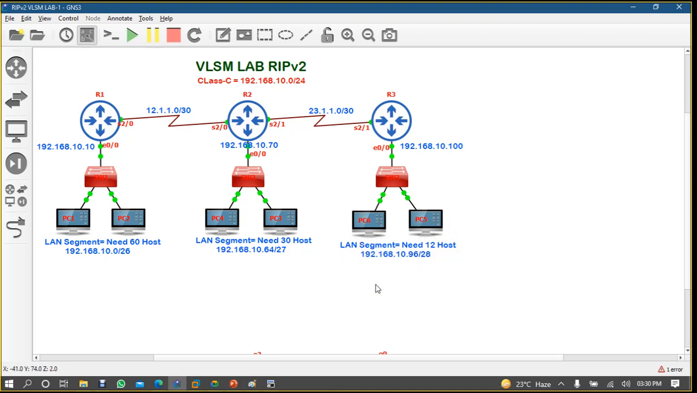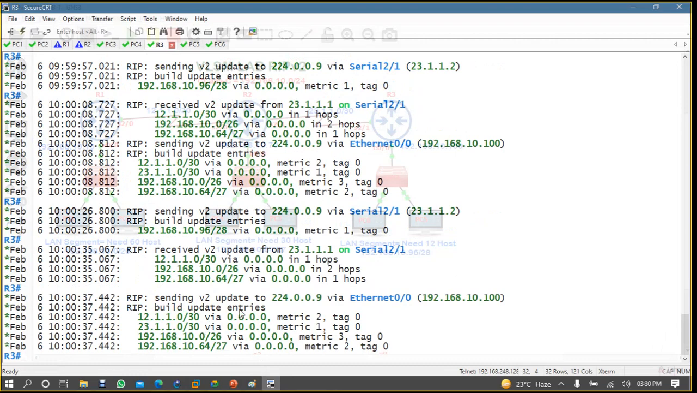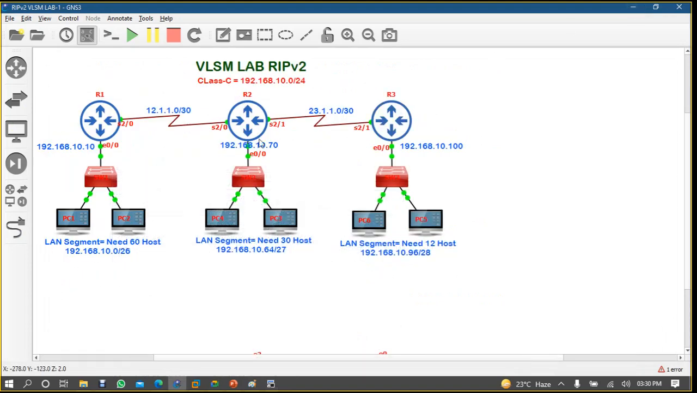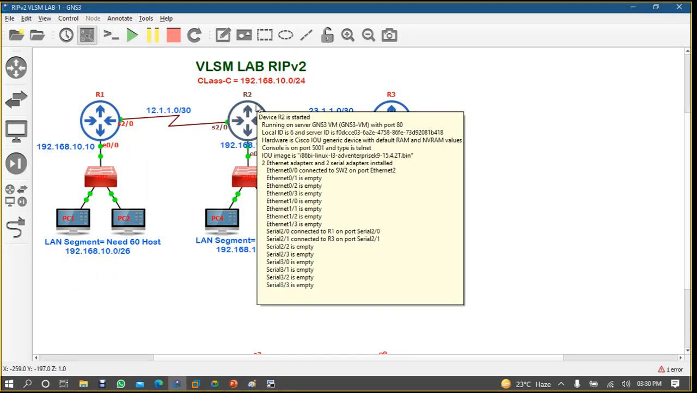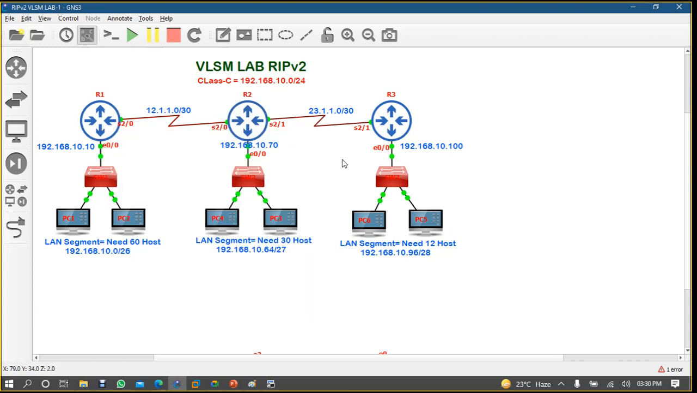Okay, so R2 will wait for this network in its routing table for 180 seconds, and after 180 seconds R2 will say that yes, that network is invalid. So when R2 says that network is invalid, it will inform R1 as well. Okay, and hold down timer and invalid are the same, that after 180 seconds,